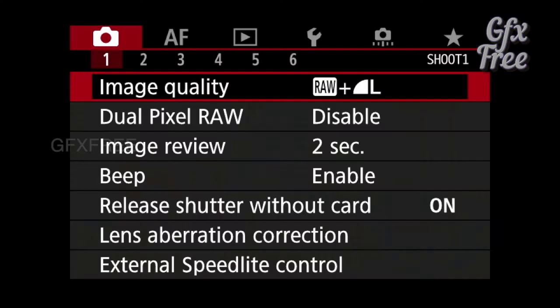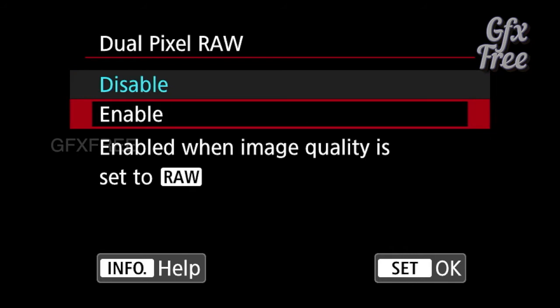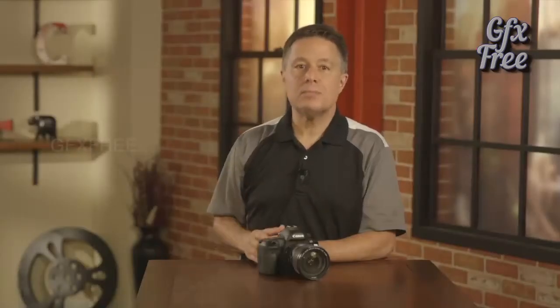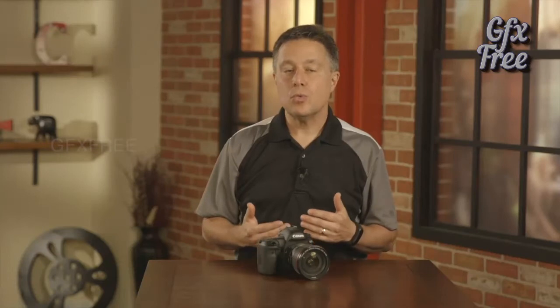On the 5D Mark IV, there's a new additional type of RAW file, and it's called Dual Pixel RAW. You can capture that, and it lets you do some extra adjustments in post-processing that we've never seen before. If you turn this feature on, your RAW files will double in size. Then you'll be able to make one of 3 adjustments to your file only using the DPP software that came with